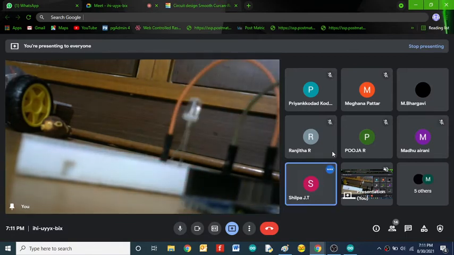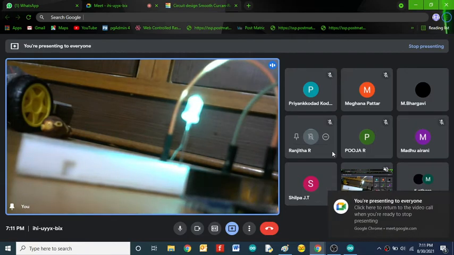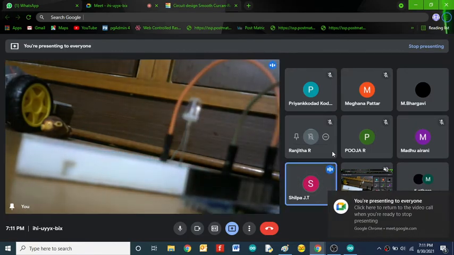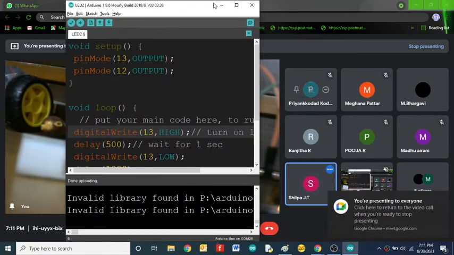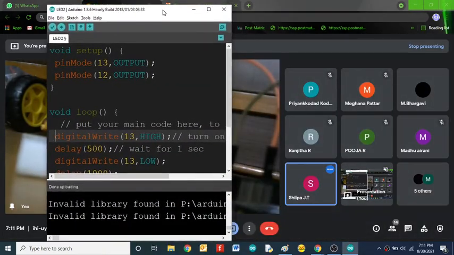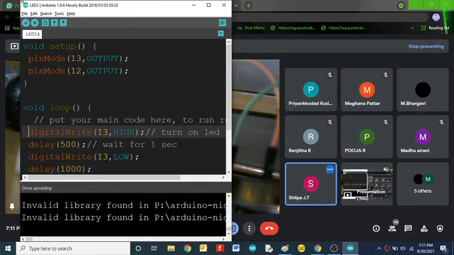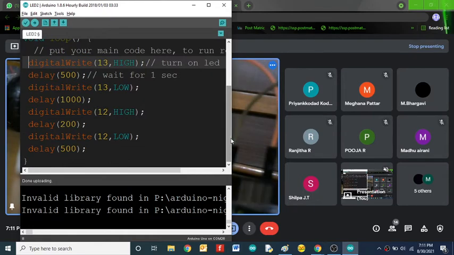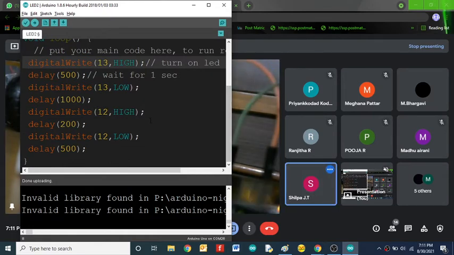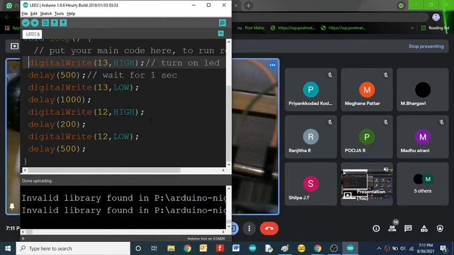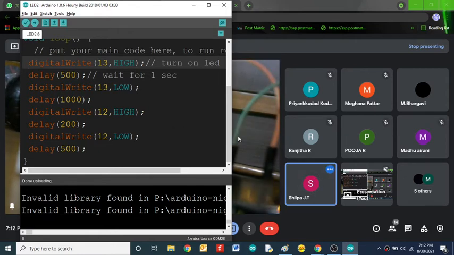Teacher, tell me how you are going to blink an LED in the parallel fashion. This is the series blinking, right? Now I want parallel blinking. What will you change? I don't know, sir. Okay, fine.